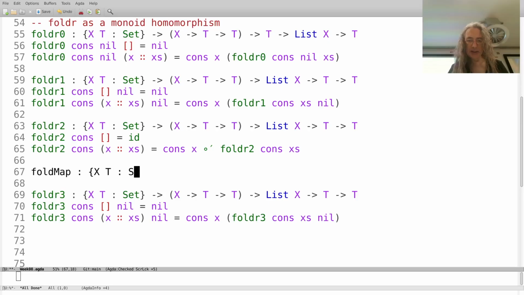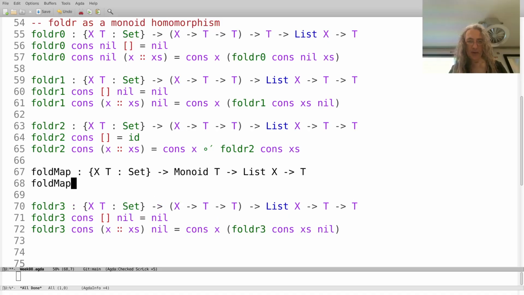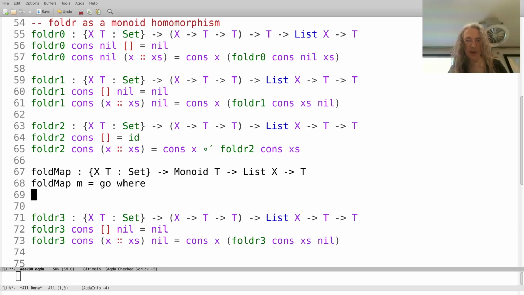So what I'm going to do is define a thing called foldMap, which takes an X and a T in a set and a monoid over T, and it gives us a function from List X to T. foldMap, what do I want to do? I'm going to say foldMap m is go, where